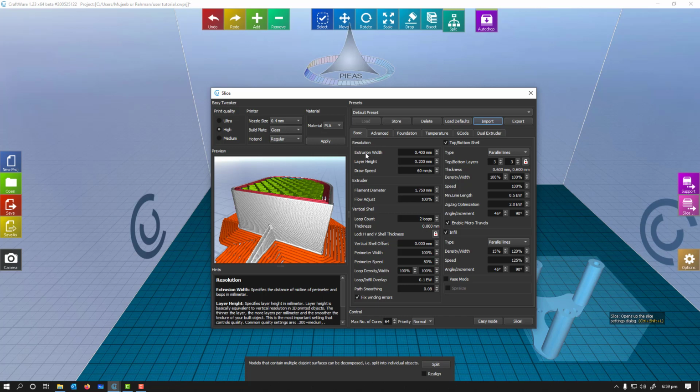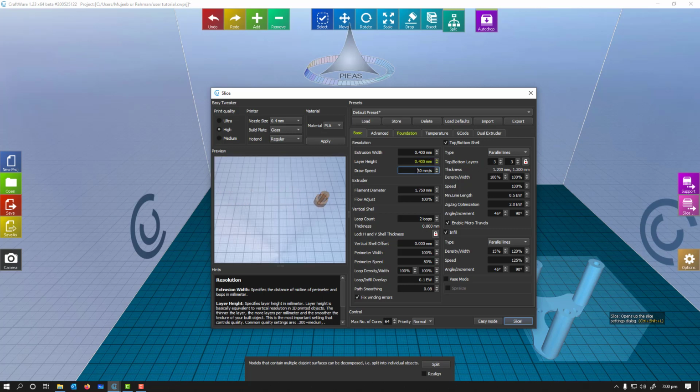So first of all, you're gonna see here extrusion width, which is 0.4 mm, and it will be according to your nozzle size. You can reduce it, but we are gonna keep it equal to the nozzle size for now. Now next thing is layer height. You can vary it based on your convenience or the quality of printing you want. I can go for 0.1, 0.2, 0.3, and 0.4, not more than that.